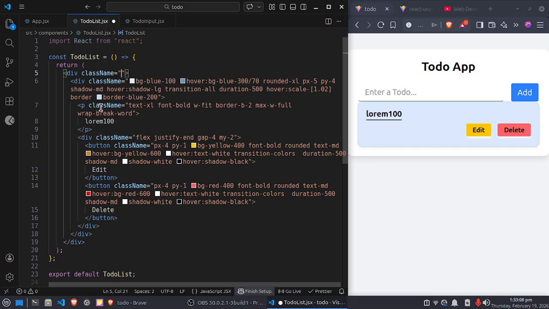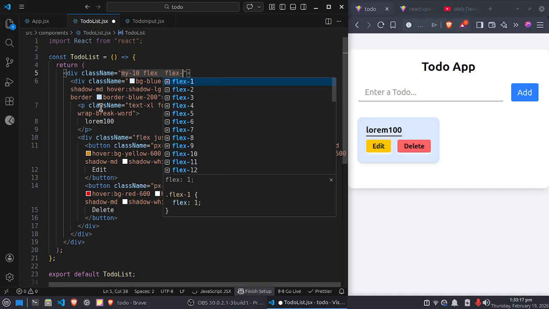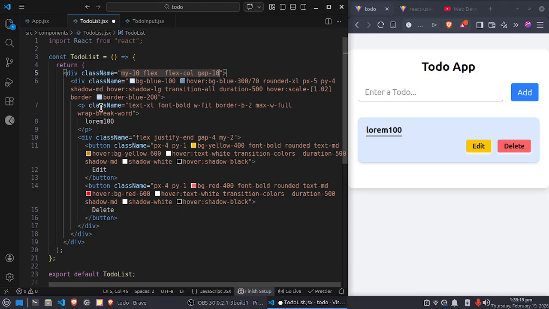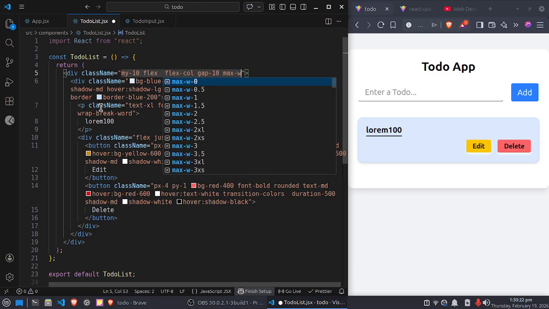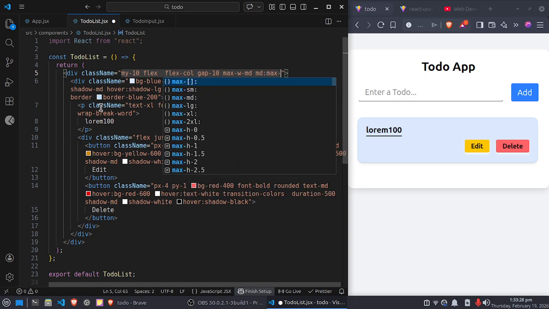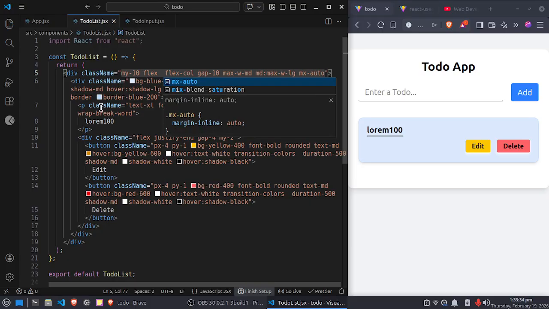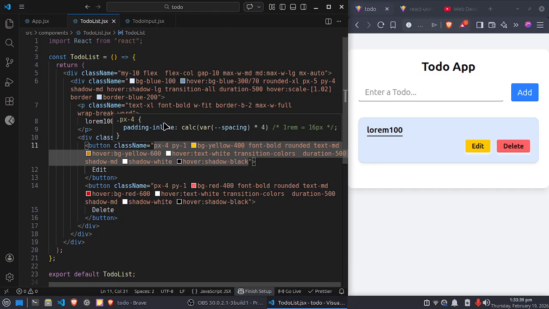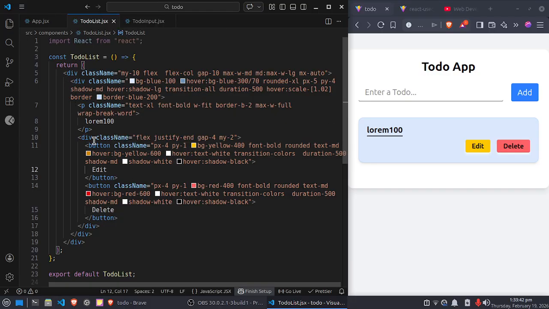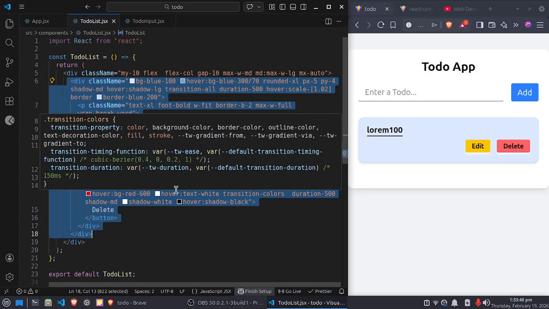For that, just write class name margin y10. So it works. Flex and flex-col, and give the gap of 10, and maximum width here is MD, and on MD maximum width is LG, and give here the mx auto, so it does not move anywhere. Now one more thing: if you see here, this div contains 2 buttons and a paragraph, and remember a